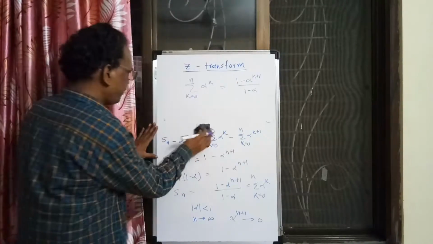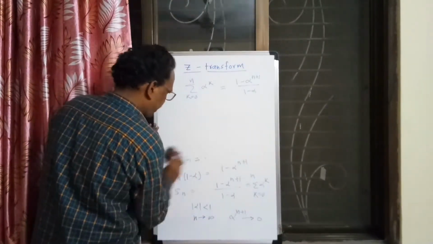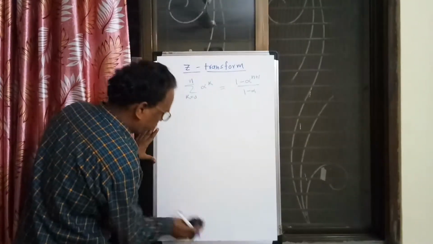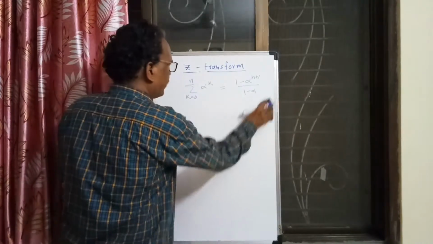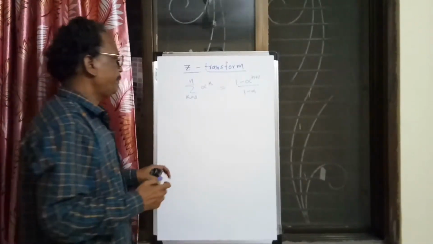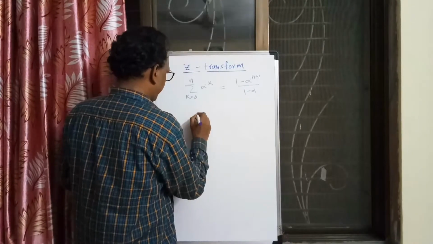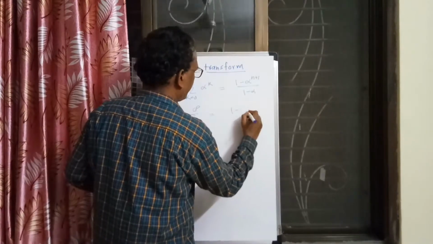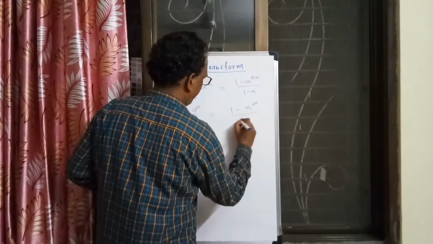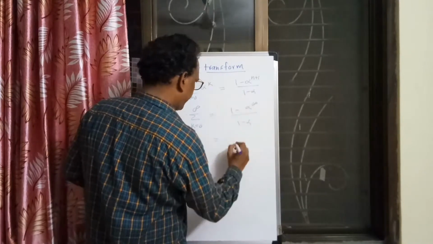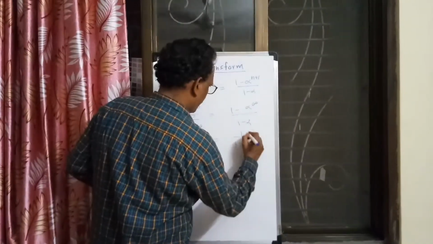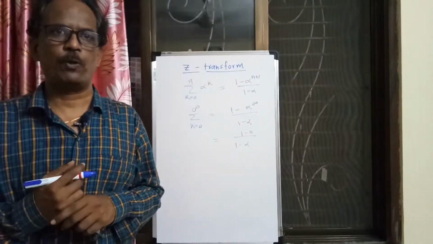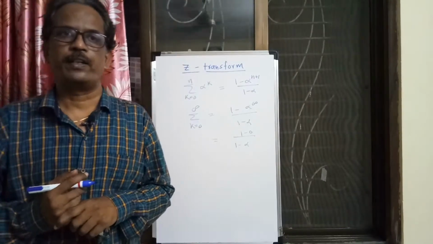And I am saying that if alpha is a real number, then mod alpha should be less than 1. If alpha is complex, then also we have to take the mod. So anyway, the magnitude of alpha should be less than 1. If that is the case, then when I say k equal to 0 to infinity, in that case (1 minus alpha raised to infinity) divided by 1 minus alpha. So alpha raised to infinity is 0, because 1 by 2 or 1 by 3, 1 by 4 raised to infinity, the result will be 0.